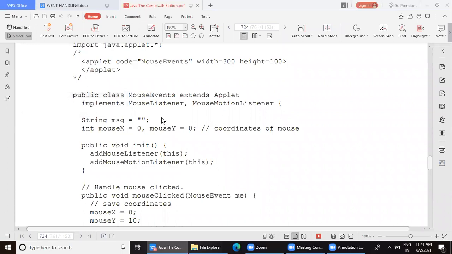Is it clear? So you have to be very particular about naming your classes. You can name it MouseEventDemo. It is better you name it as MouseEventDemo, instead of just adding an S, where you will not see the difference.